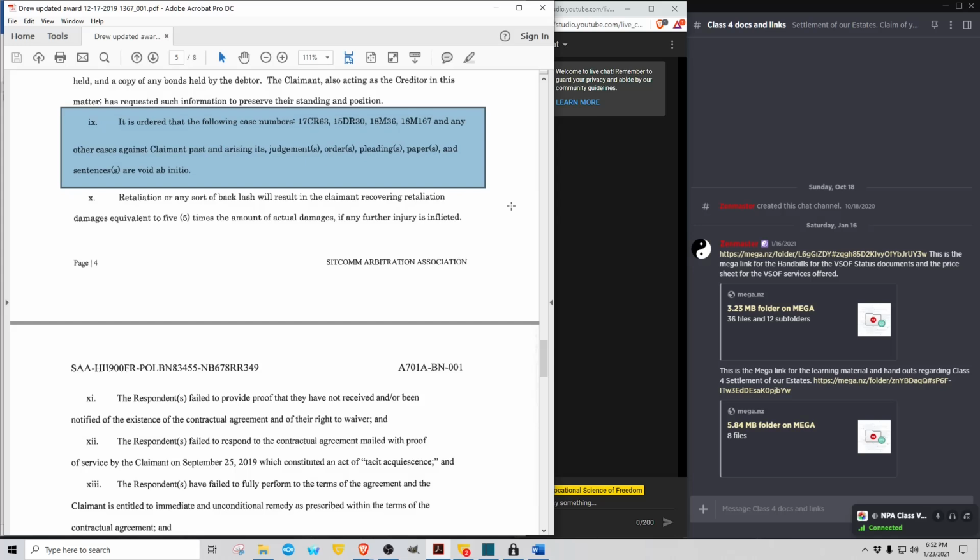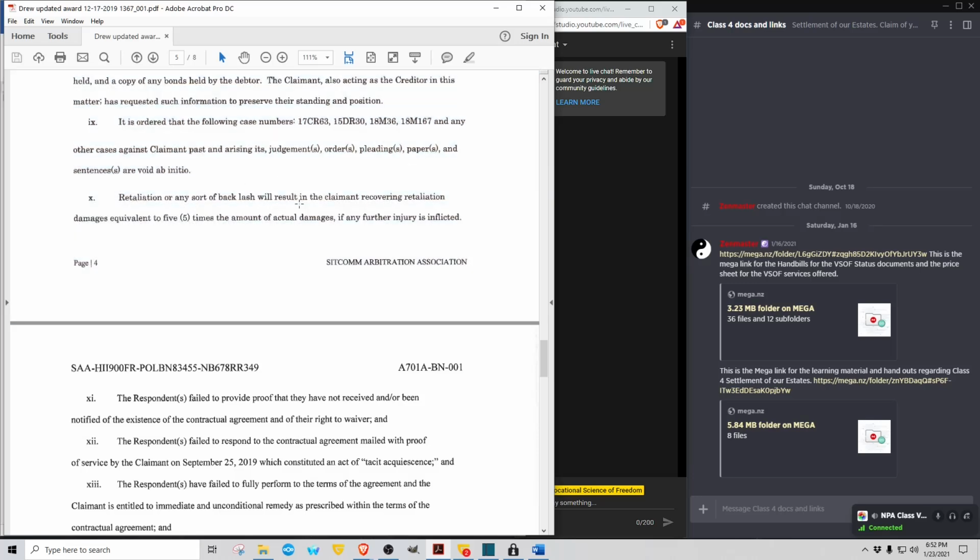Notice that. The arbitrator just said that all the cases that they had against him were void ab initio. And the reason is because he defaulted them in his own court of record, as you're supposed to, by suing them in a common law court of record for jurisdiction and saying, what's your jurisdiction? They didn't answer. They went to default. 21 days. Bam, done. He served them. You guys defaulted. Here's the default. They didn't care. Okay. Clearly the arbitrator cares.